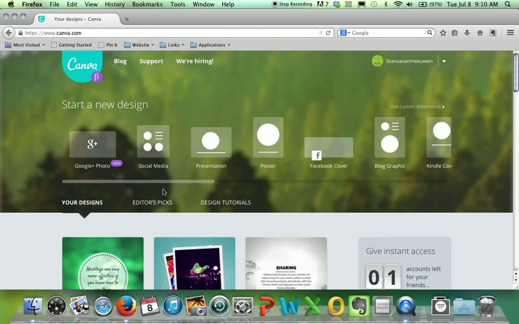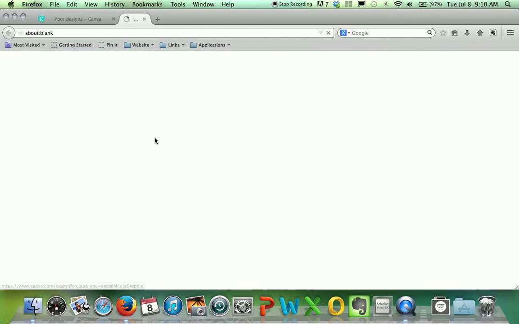Today I'm going to use the social media template, which is 800 by 800 pixels wide, and you can resize that to fit on your platforms. You can use the social media template for Facebook as well. So it opens up a new window,